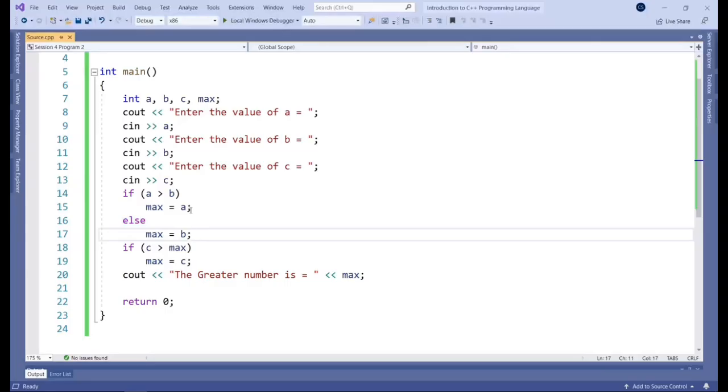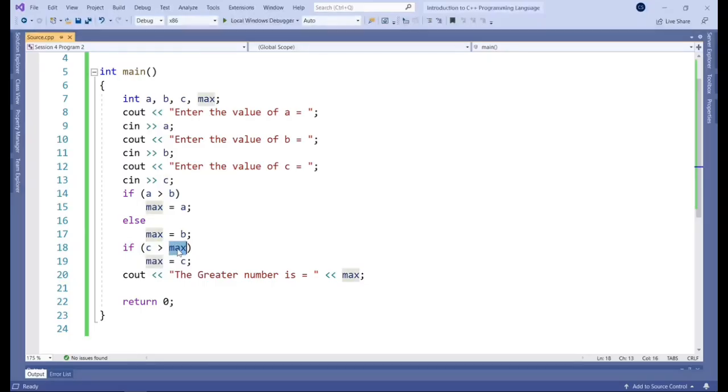Okay, so with these 4 lines here, we are essentially determining which of the two is higher between A and B, right? So we've got that comparison done with, and we can move on to the next one, which is dealing with C. So this if statement here just compares C to the current max. That could be A, that could be B, but it really doesn't matter up until this point.